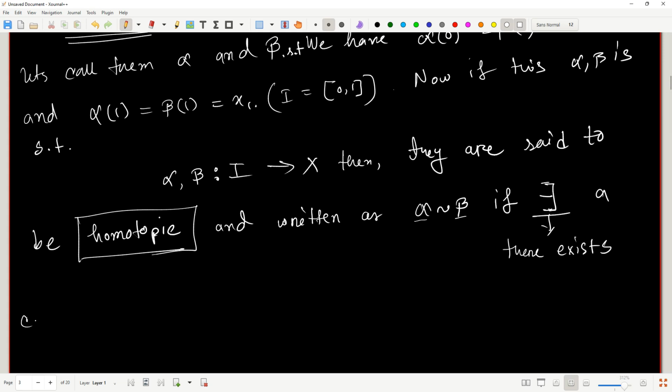A continuous map F that takes numbers from I cross I. That means you can think of this I Cartesian product I as a square, or say some xy plane. It takes two data, so that's why I write it like this. It also maps to X such that